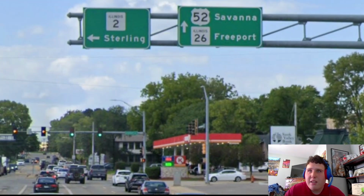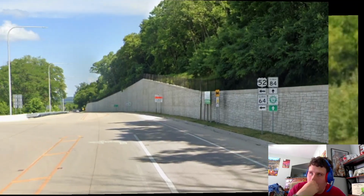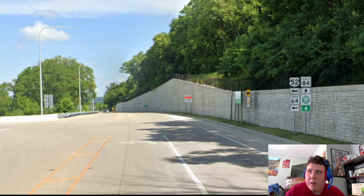Here, still in Dixon, we're meeting Illinois Highway 2, and 52 and 26 is now signed for Savannah and Freeport. In fact, we have a mileage sign after we leave Dixon. Pueblo is 12 miles away, Freeport is 36, and Savannah is 48. Here is US 52 leaving from Illinois Highway 84, and 52 and 64 are going to be concurrent as we